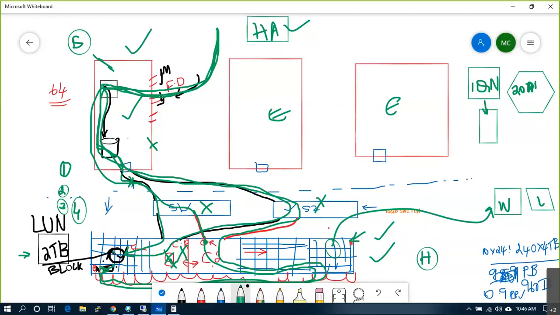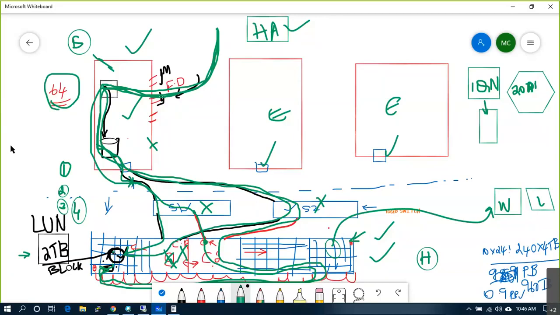So in real time, how many hosts do you have? Imagine you have 64 hosts in one vCenter cluster. How many IQN numbers will you get? 64, right?